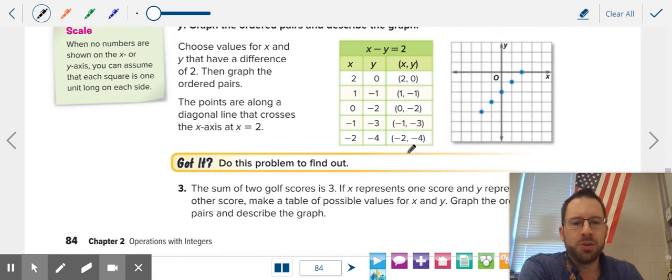Now, you can graph algebraic relationships. So it says here the sum of 2 golf scores is 3. So if we make a table, let's say x is 0. 0 plus what number is 3? And if I were to graph that, 0,